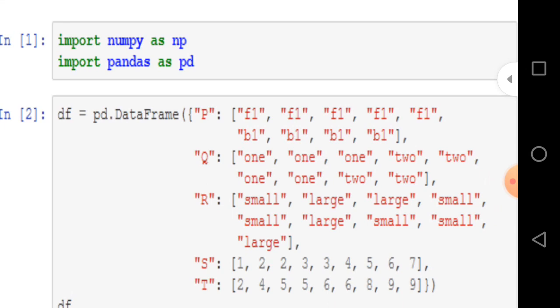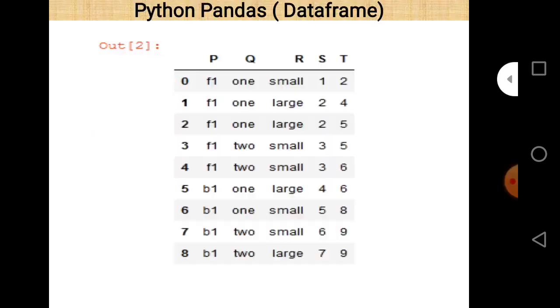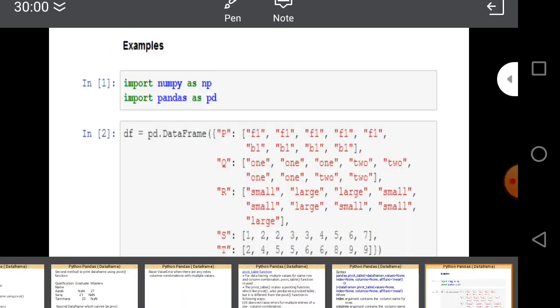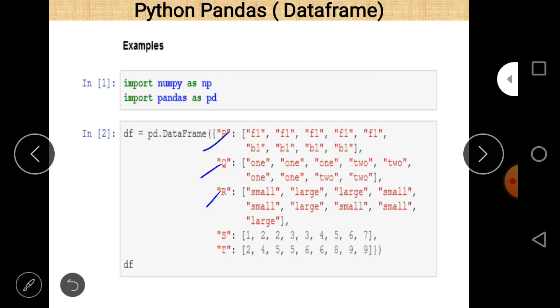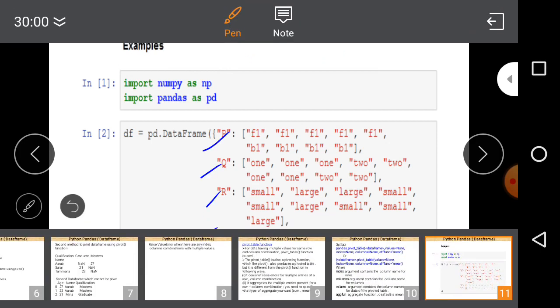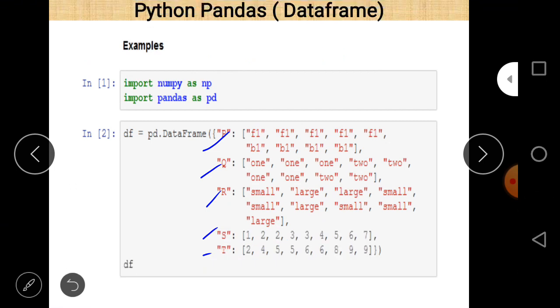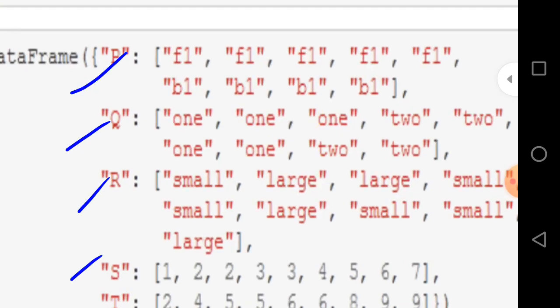Then after, there is a declaration of a data frame named df. So df here is assigned a value pd.DataFrame, and then we can say P, Q, R, S and T. These are the column names for the data frame, and the values regarding these columns are, for P, these are F1, F1, F1, F1, F1, B1, B1, B1 and B1.